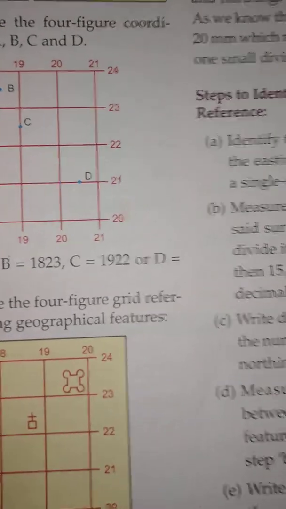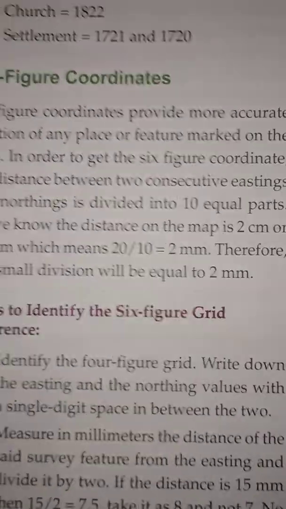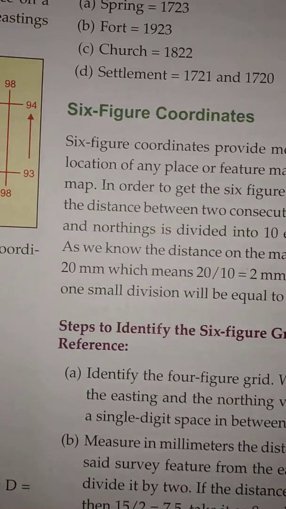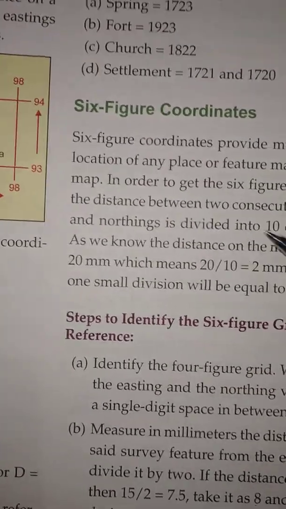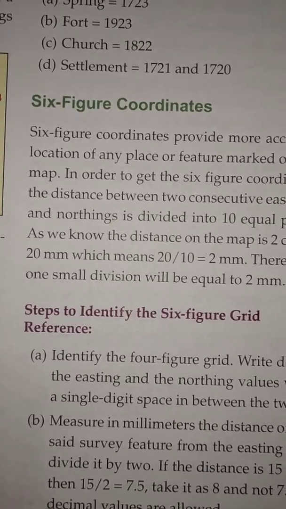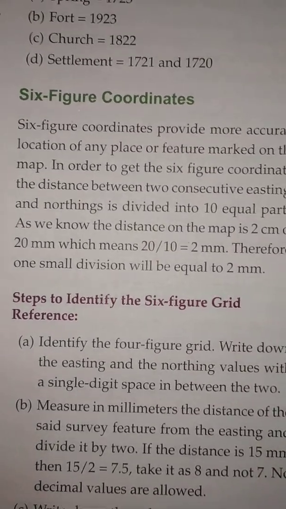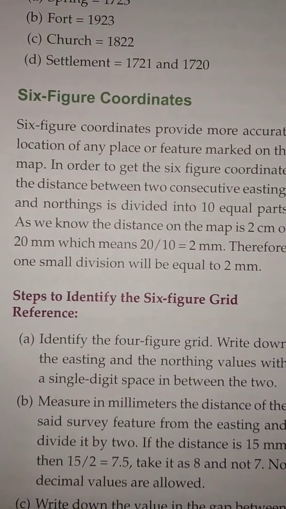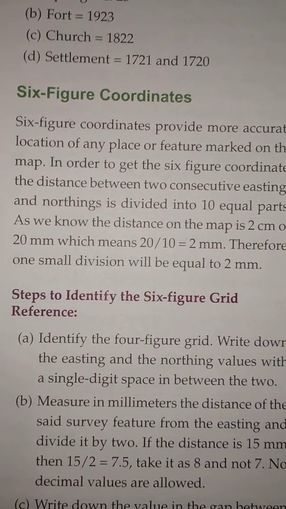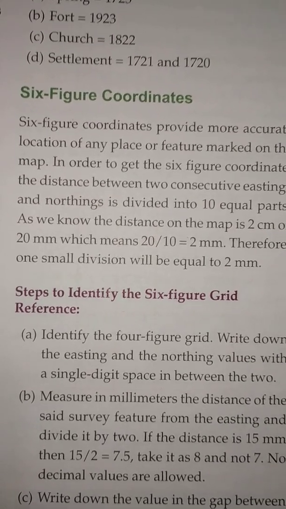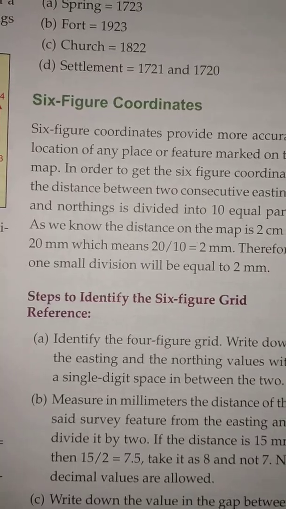Now let us talk about 6-figure grid reference, that is, 6-figure coordinates. 6-figure coordinates provide a more accurate location of any place or feature marked on the map. In order to get the 6-figure coordinate, the distance between two consecutive eastings and northings is divided into 10 equal parts. Alright, it means that,